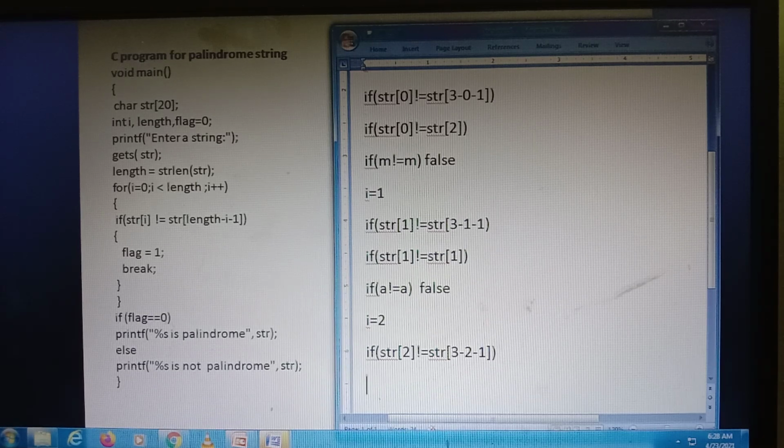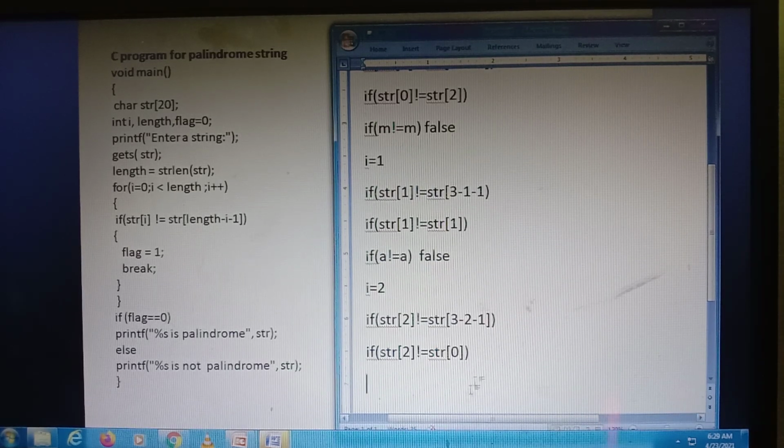Now what am I getting here? If str of 2 not equal to str of 3 minus 3, which is 0, str of 0. See here, str of 2 not equal to str of 0.